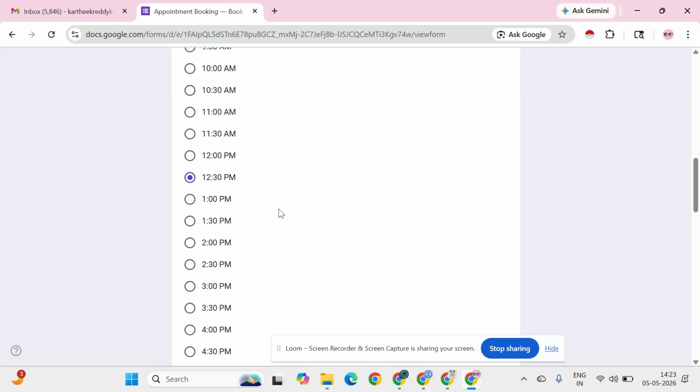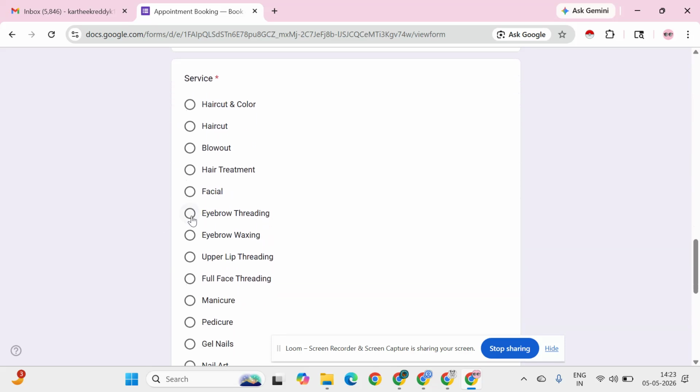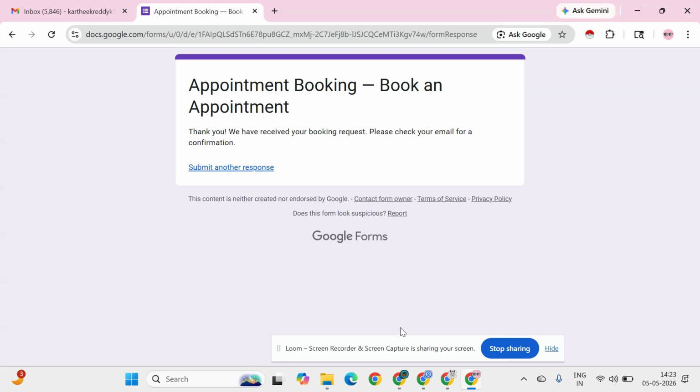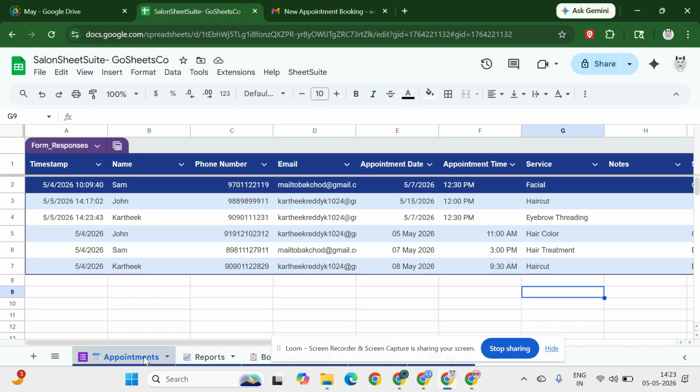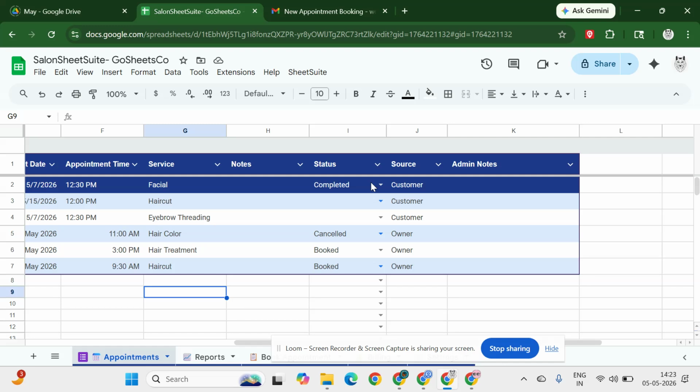These are fetched from your operating hours, and these are from the service list. And then they submit. As soon as they submit, you will have their appointment in the appointment sheet, and from here you can update, and